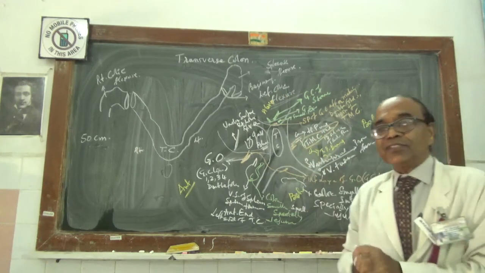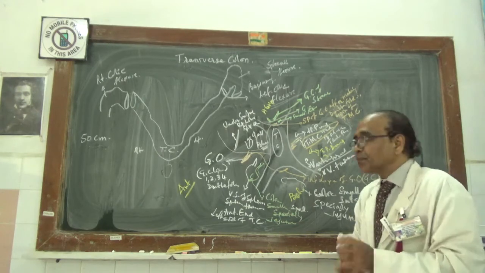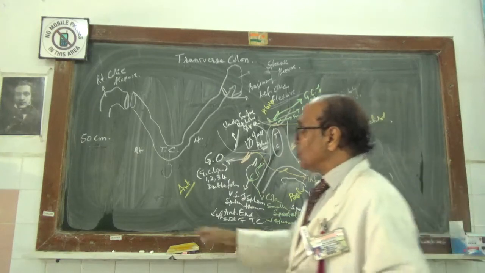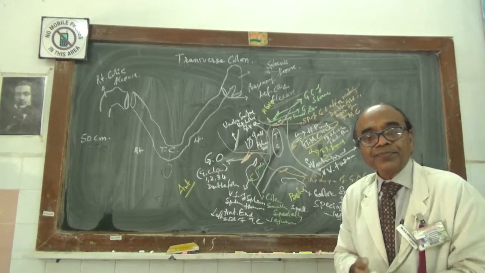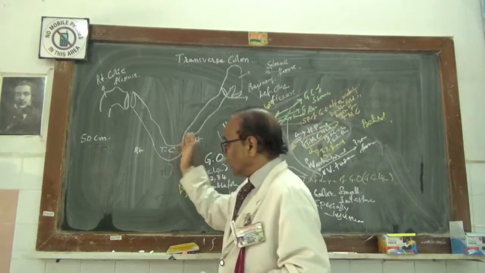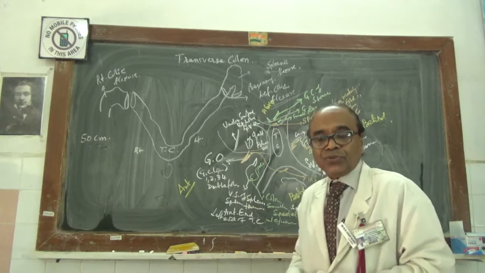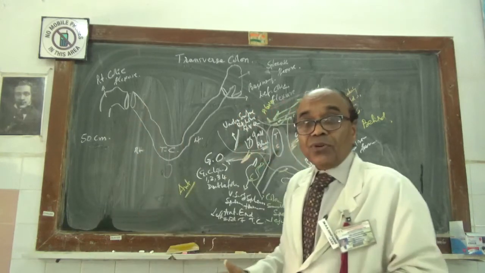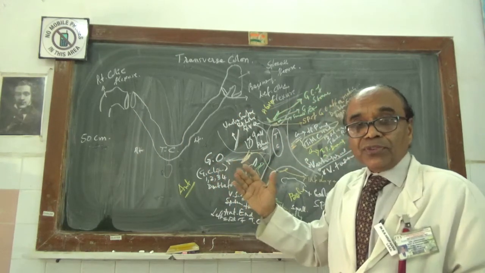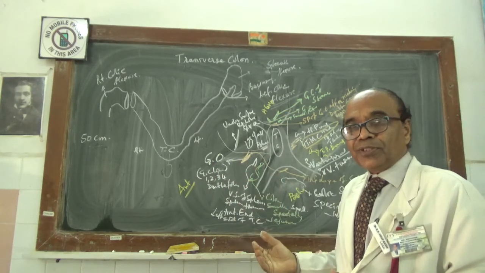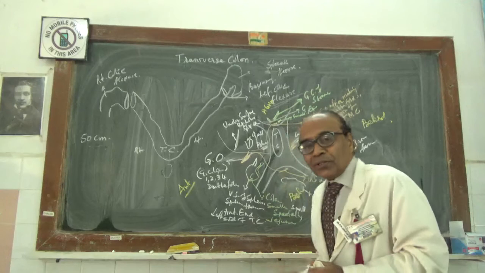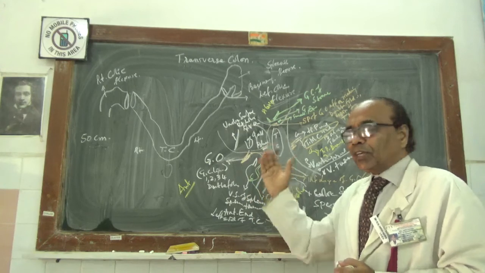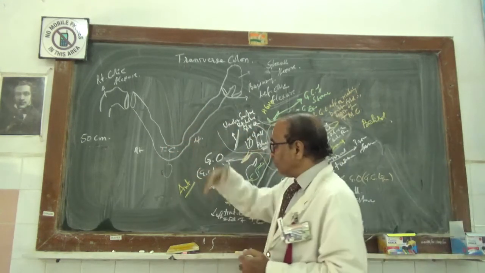Now after having had the relations, you have to go for the what? Blood supply. Blood supply for the transverse colon is definitely by the what? Mid-colic artery. Mid-colic artery supplies the right part of the transverse colon. Now this right part of the transverse colon, the branches are coming from the mid-colic artery, which is the branch of the superior mesenteric artery, and will have colonic branches. Now these colonic branches are the primary, secondary, tertiary, unnamed, and then reaching to the right part of the transverse colon in the same pattern.